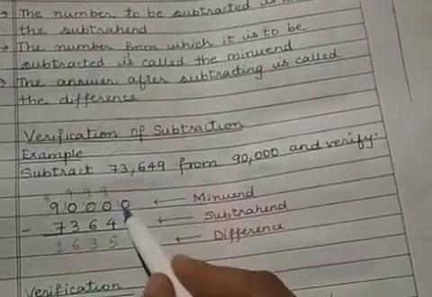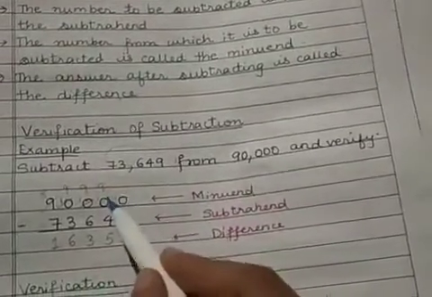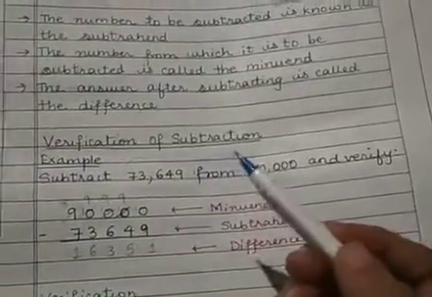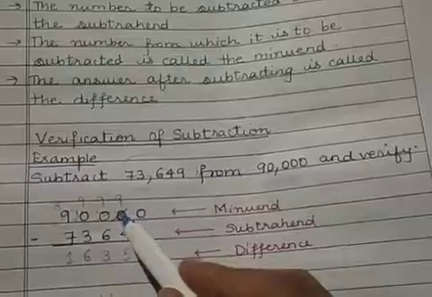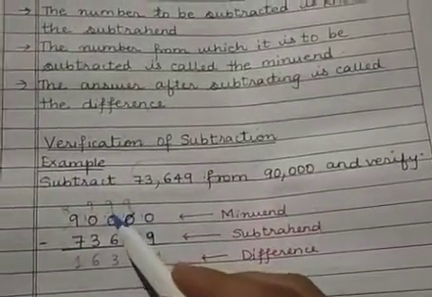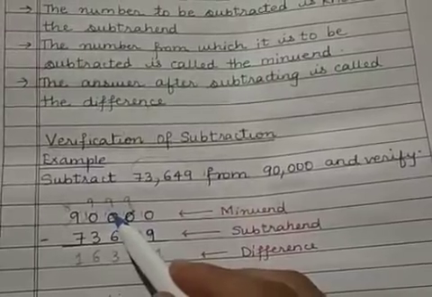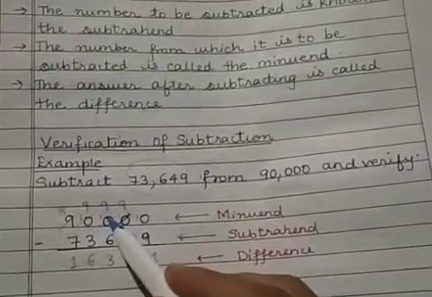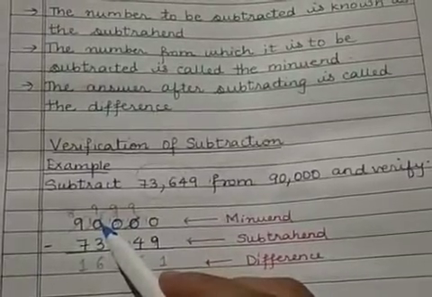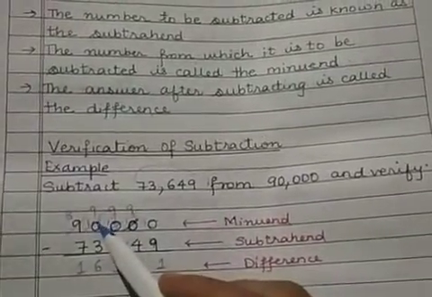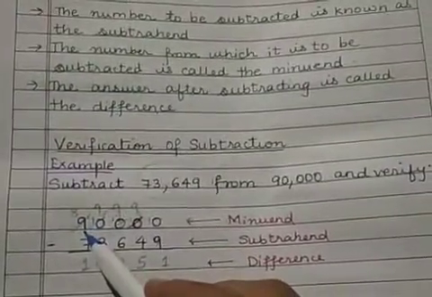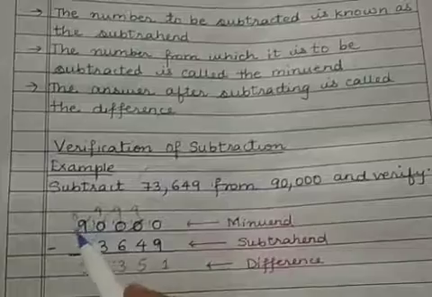Now you cannot subtract 9 from 0. So I take a number from here. But if you see here also it's 0. So I cannot carry any number from here. So I look at the next place. In the next place also it is 0. So I cannot carry any number from there. So you look at the next place. Here also it's 0. So I cannot carry anything from here. So you look at the next place. In the next place I have 9. So I can carry one number from this place.